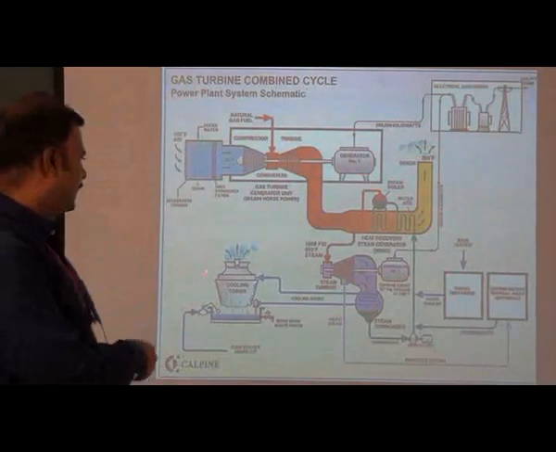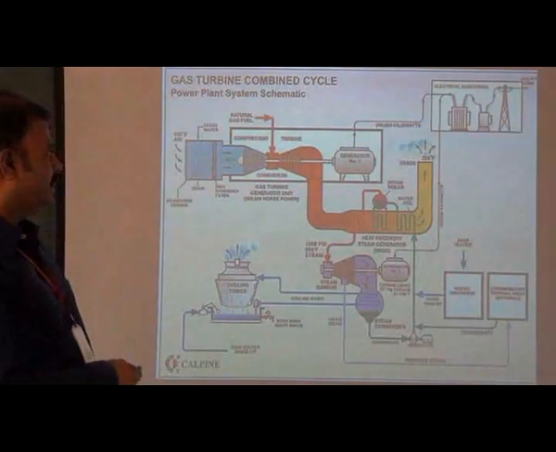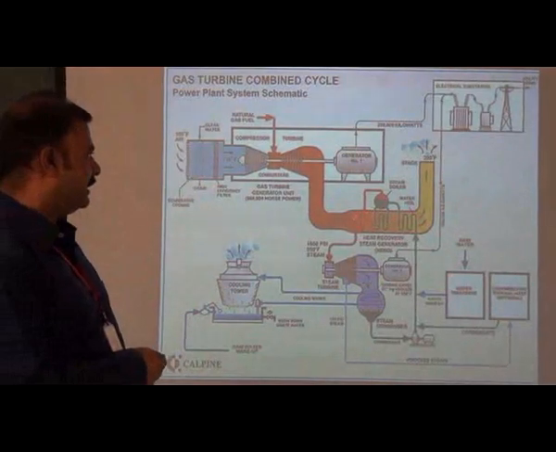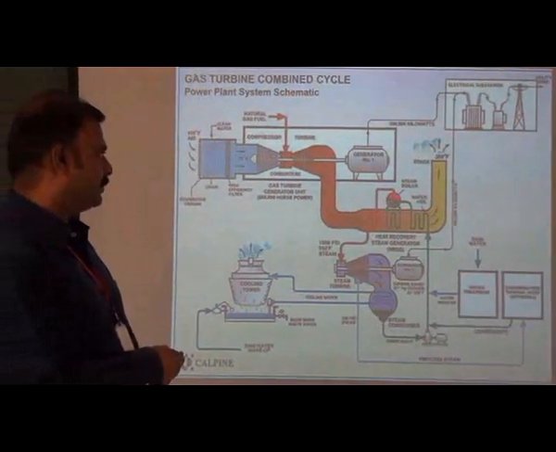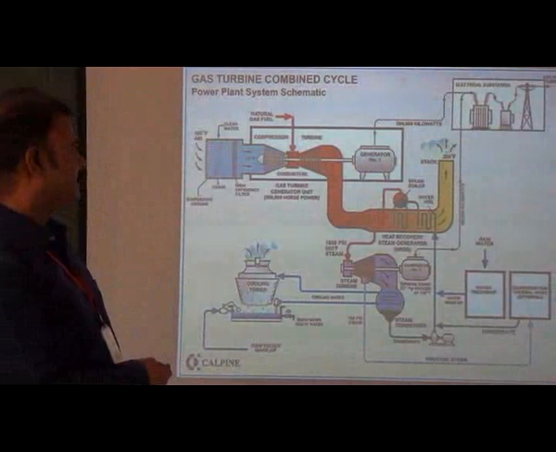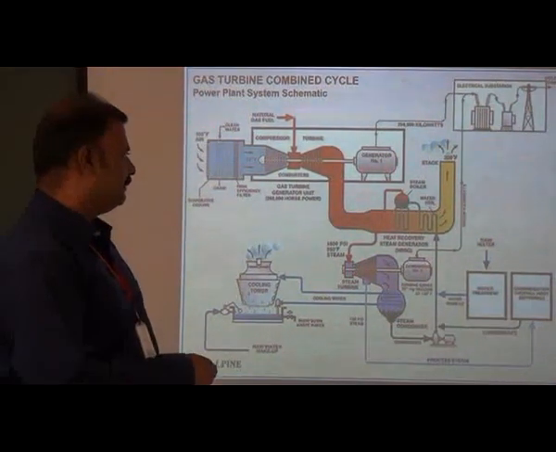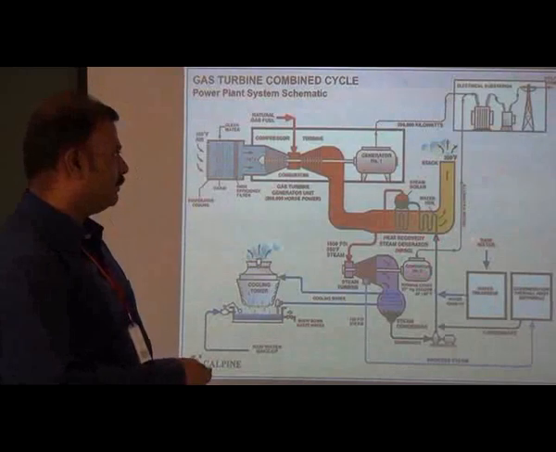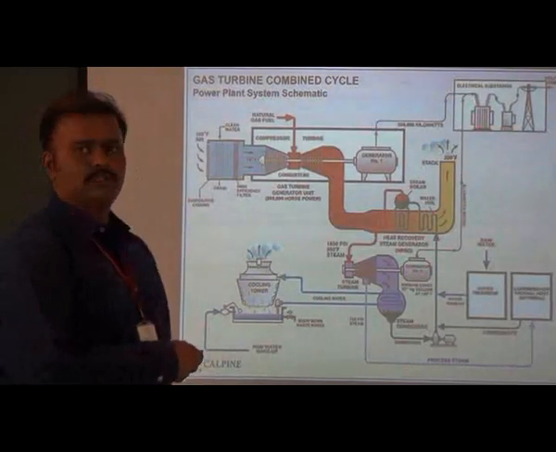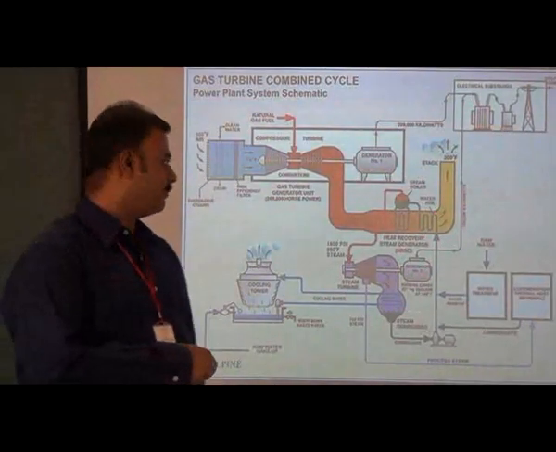and it is used to heat the water. It is nothing but again a steam turbine power plant. The water which is circulated here is heated and steam is produced, and then the steam is used to run the steam turbine. The steam turbine is coupled with the generator, so an additional amount of energy is also produced. This is nothing but a combined cycle power plant.